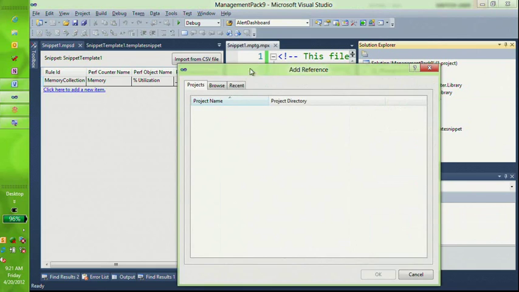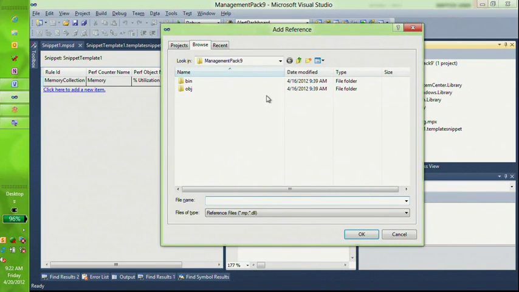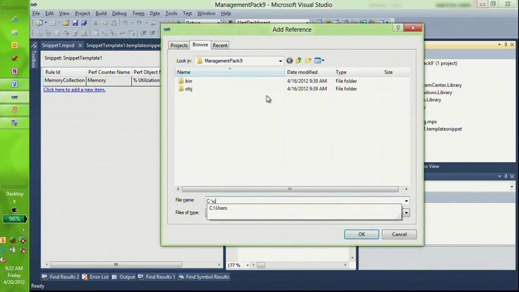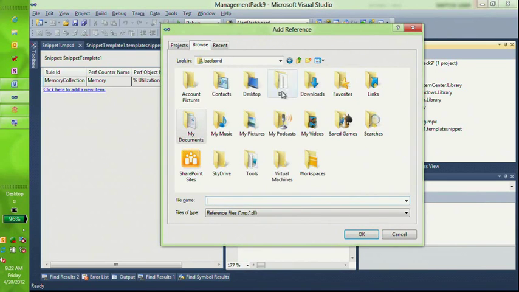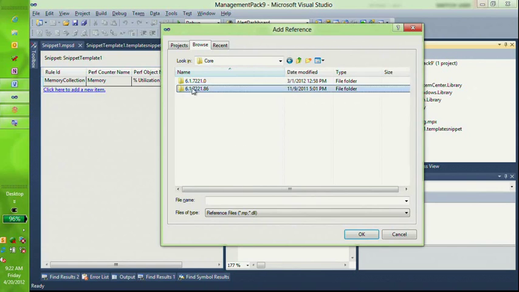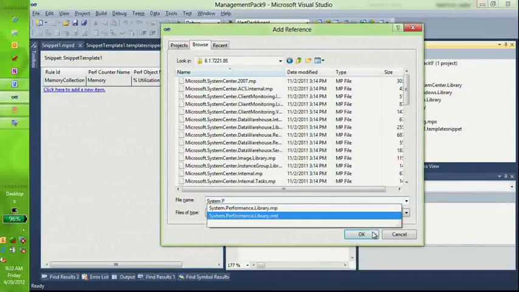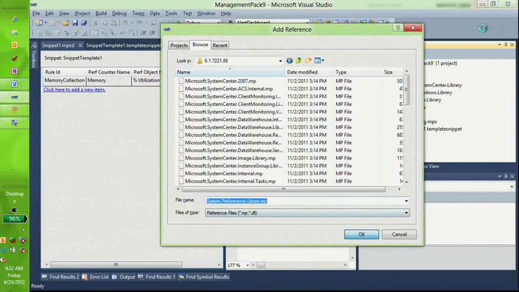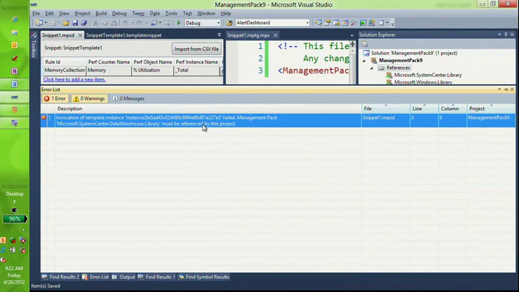Well, I guess I'll show you another area. So just like assembly references in a Visual Studio project, we now actually allow you to reference MPs just like you would an assembly. So the MP verify error was that I was missing the system.performance library management pack. So I'm going to reference that MP, click add, and we'll add that to my references. And hopefully now when I save,